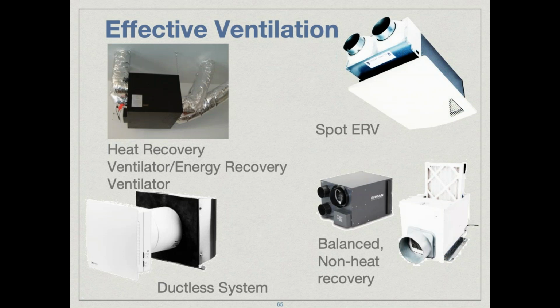recovery and just have a really effective ventilation system that protects the occupants in the buildings, but we aren't trying to capture that efficiency. Now, if you do that, that's going to trade off with other efficiency measures, and you'll probably have to compensate for the heat loss in that ventilation air. But I think that's something to keep in mind, especially if you live in a milder climate where heat recovery is not such a big deal. So keep an open mind about ventilation. Don't think you have to put an HRV in every house unless you live in one of those really cold